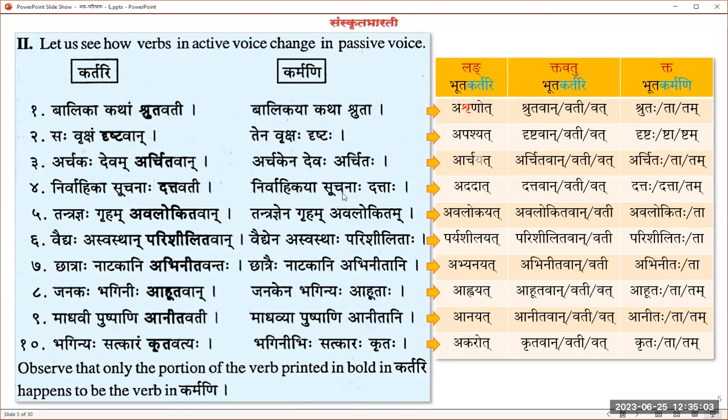It's okay. Good. So what is important here? Look at suchanaha. Remember that akaranta strilinga looks the same in Prathama Vibhakti and Tritiya Vibhakti for Bahuvachana: Sitaha, Sitaha. In Dvivachana it also always looks the same. But most importantly, in Bahuvachana, which we use a lot, we have to be cautious. We should not go Sitan or something like that as in Pullinga. So it is Suchanaha only. Continue, Varya, one more. Tantrajyaha graham avalokitavan. Tantrajyena graham avalokitam.